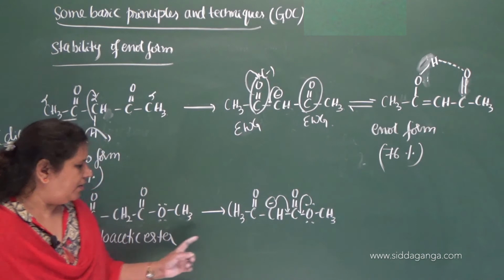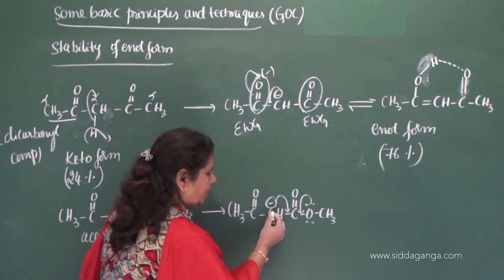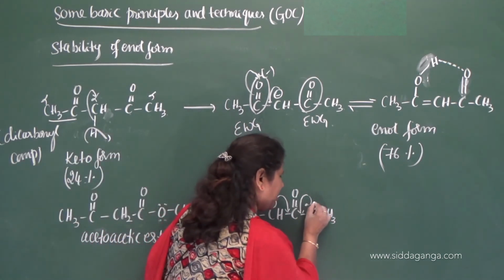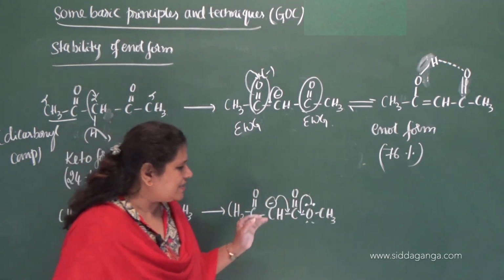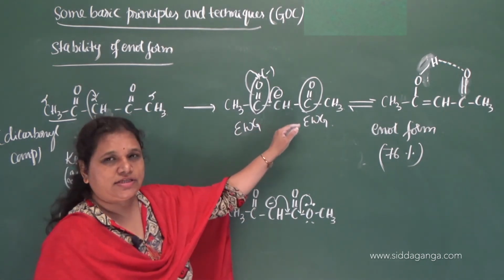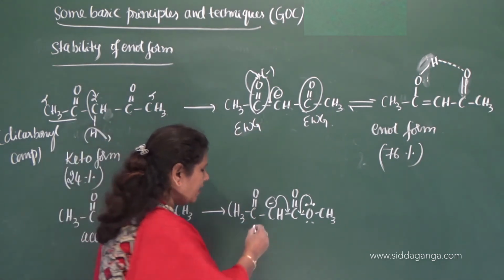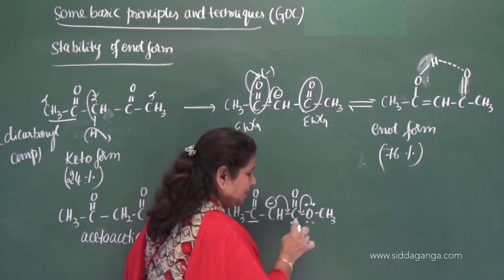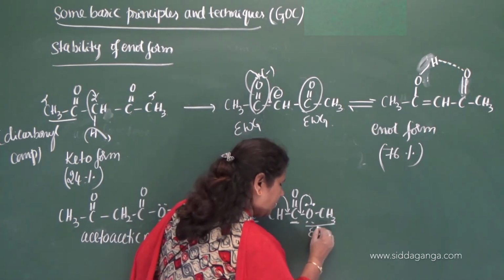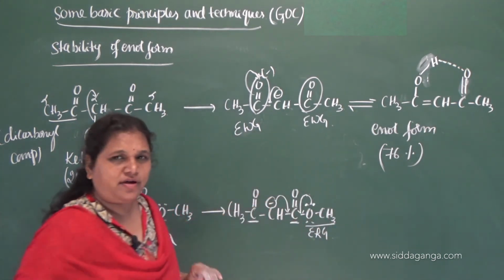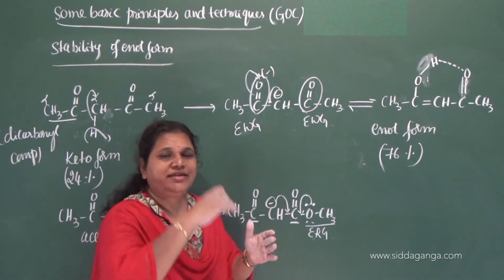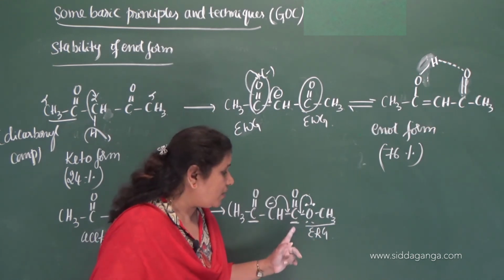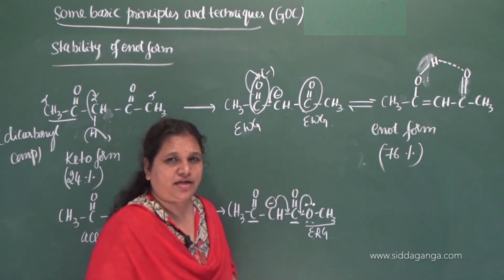So here the acetoacetic ester, this is an anion, and here is a negative charge and here is a lone pair of electrons. As I said, why is this anion less stable compared to this? The reason is that one electron withdrawing group is there and here an electron withdrawing group is there, but still this is attached to an electron releasing group. So when an electron releasing group is there, it diminishes the electron withdrawing tendency of the ketone group, correct? Because of that reason this is called extended conjugation.